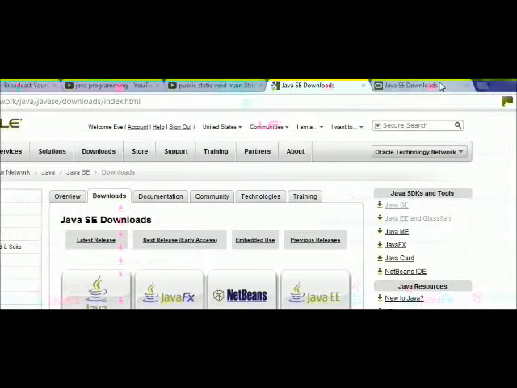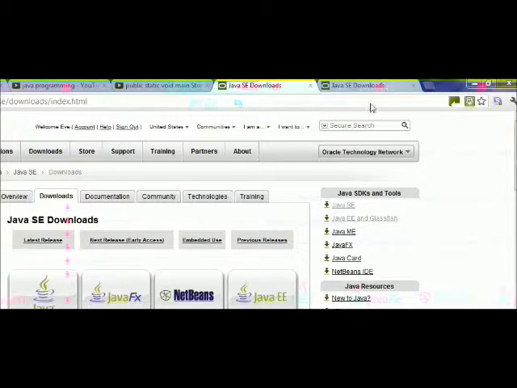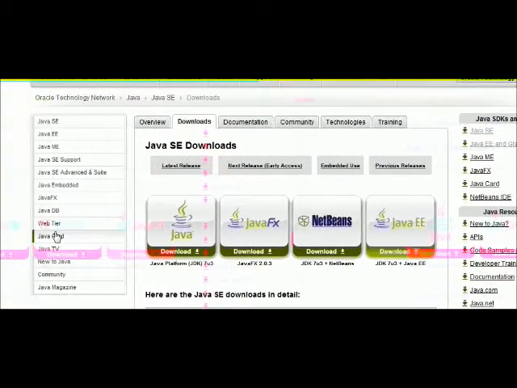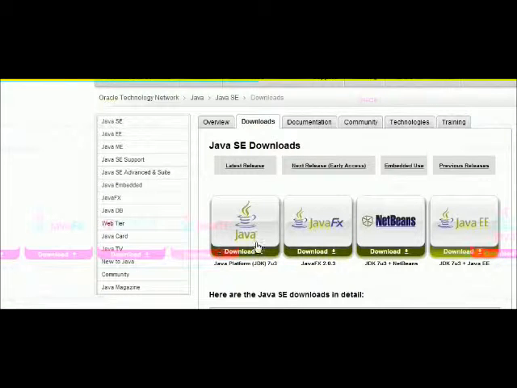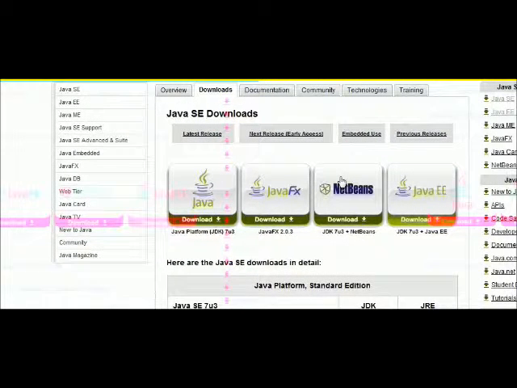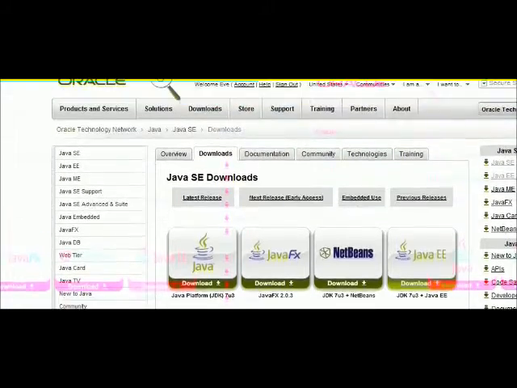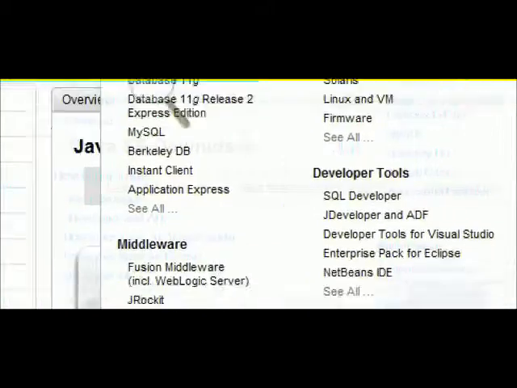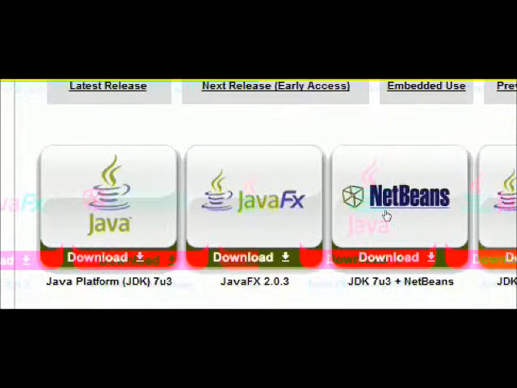Java SE downloads, and it will take you to the latest download, and you want to click the Netbeans. Let me just magnify this so you can see properly. When you go to the JSE downloads, you want to download the Netbeans, this one right here. So click on download and